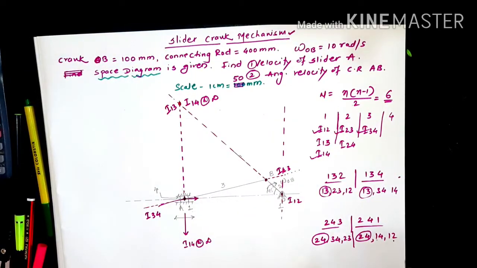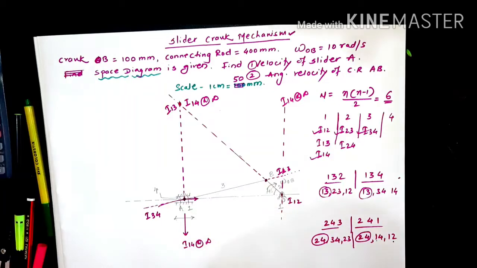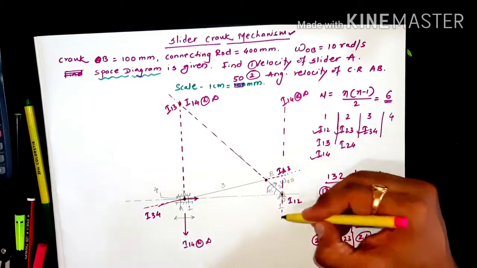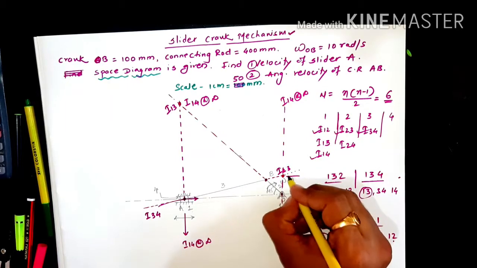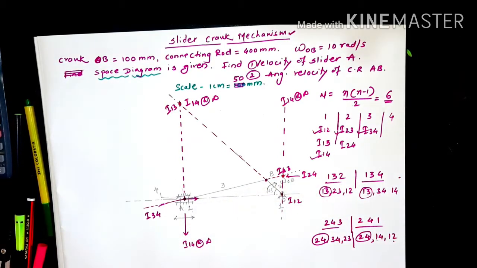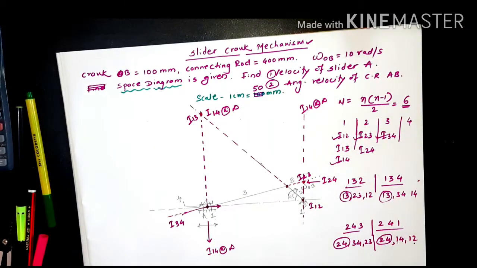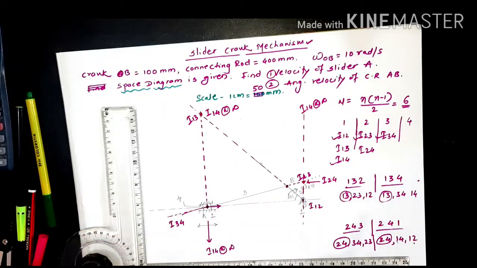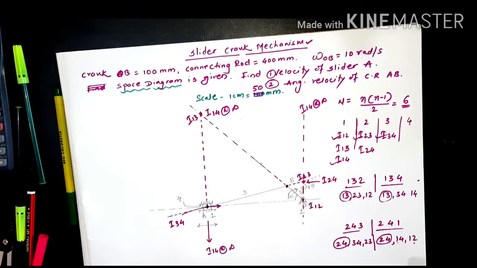And the next one is 1 4 and 1 2. This is 1 4 and this is 1 2. So this is the line, and this is the merging, intersecting point. This point is nothing but I24. So we have located all 6 I centers. Generally I recommend you locate all the I centers if the mechanism is a 4 bar mechanism. But if the mechanism is a 5 bar linkage, which I am going to show you in upcoming videos, you will get to know we do not require locating all the I centers.